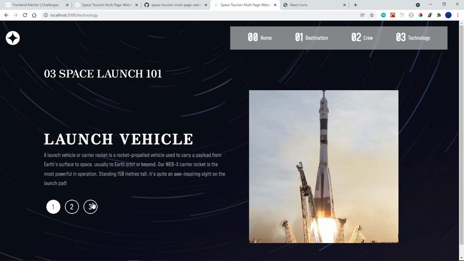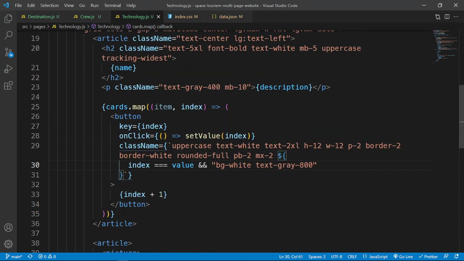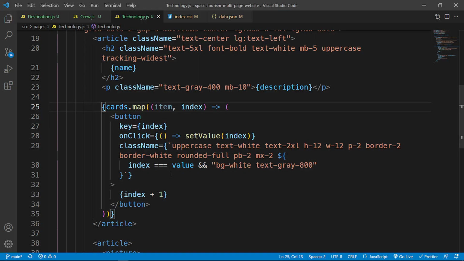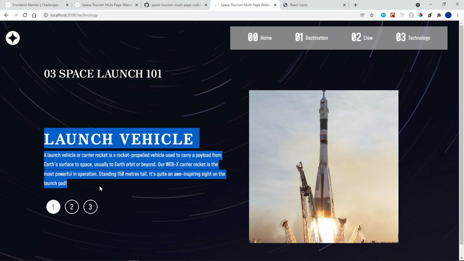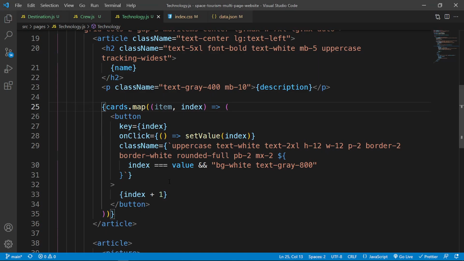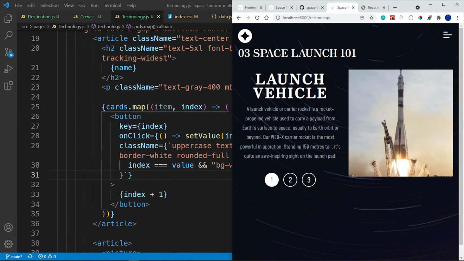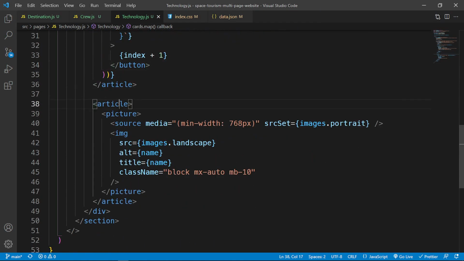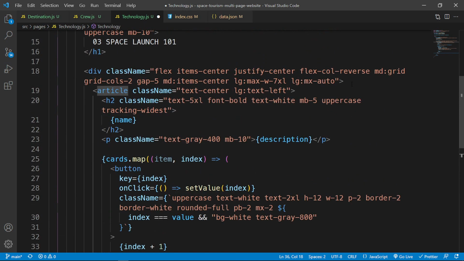Amazing. Now we just need to grab this and place it inside here. So that would mean that we now need to grab all of this. And that means that this needs to be one div or an article, and then this needs to be the other one. Actually, on small screens, how do we want to make this look? On small screens, I want the text to go back to the top and the image to go to the bottom. So let's grab this article, cut it out and place it above this article right inside here,